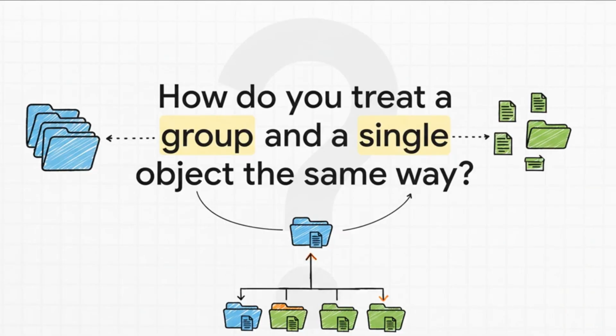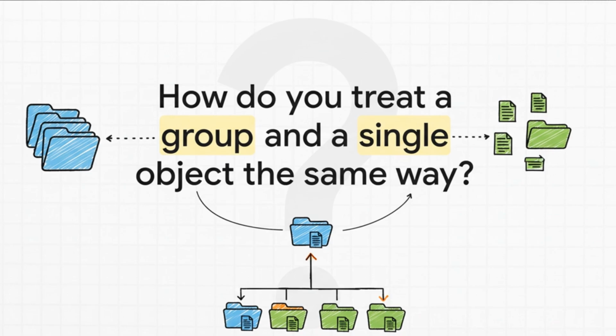Okay, let's just dive right in. The whole problem we're solving today boils down to this one question. I mean, think about it. You want to do something simple like display or get size on a single file. Easy enough. But what if you want to do that exact same thing on an entire directory? A directory that's full of files and other directories. The real trick is writing code that just doesn't care if it's talking to one thing or a whole bunch